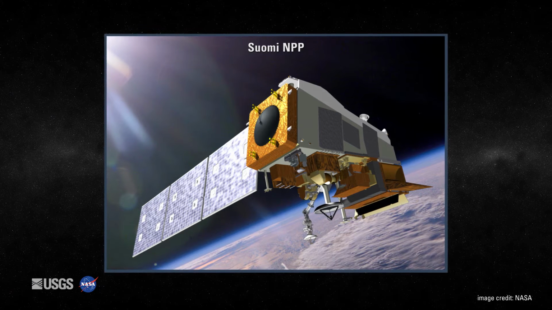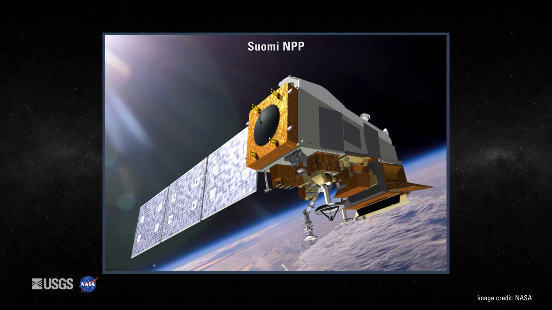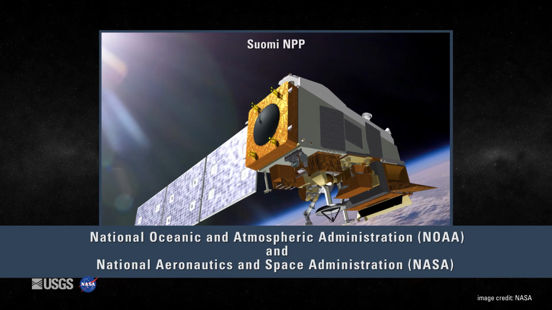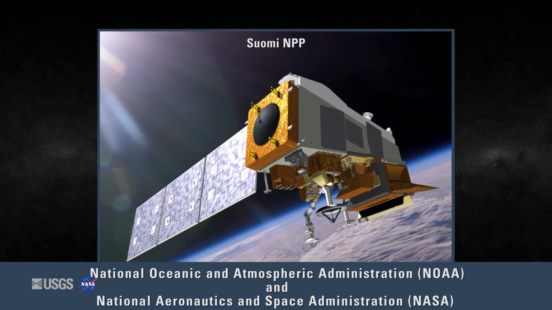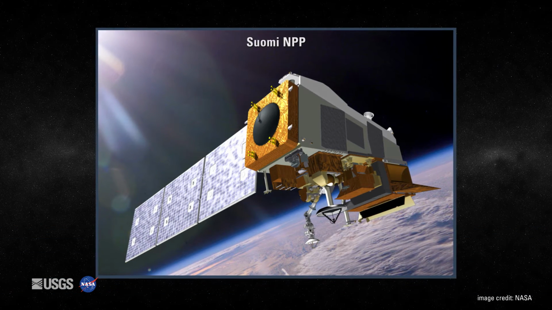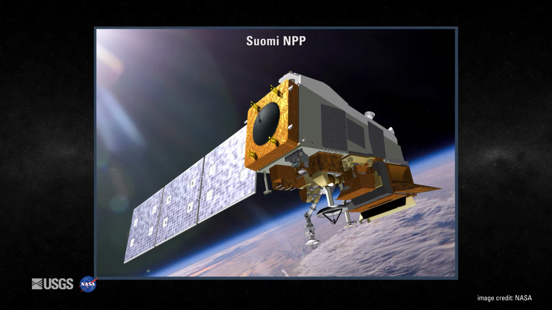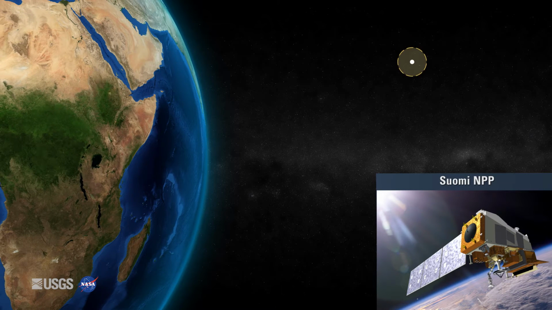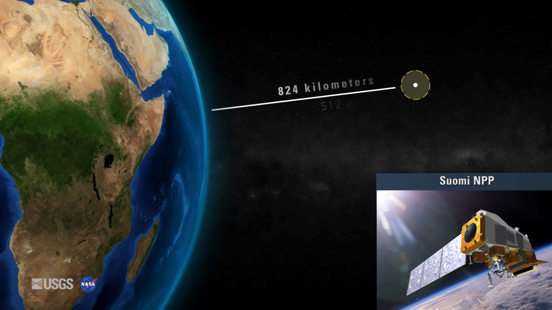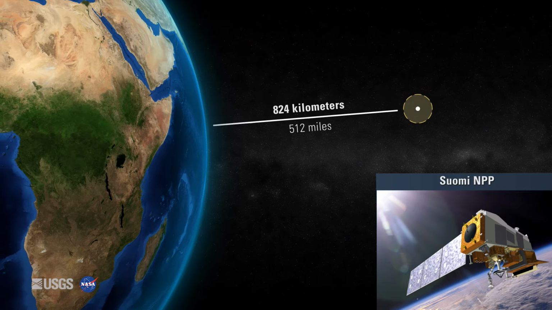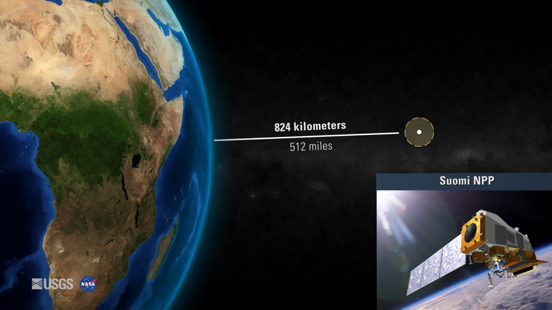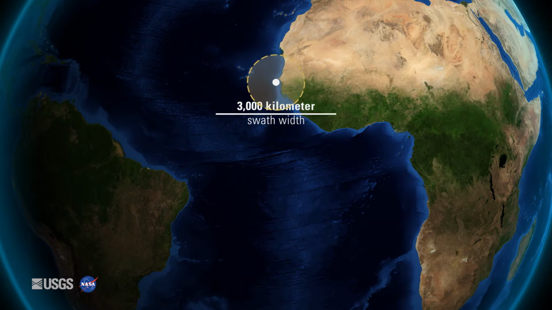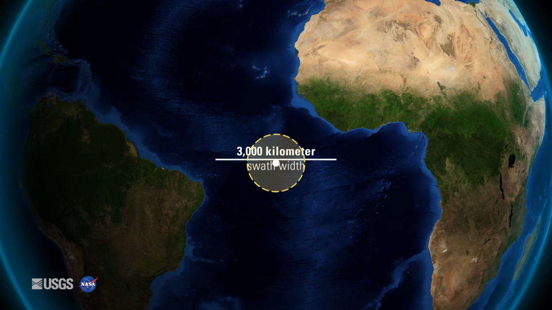The VIIRS instrument operates on the Suomi-NPP spacecraft, which is a joint mission between NOAA and NASA. The VIIRS satellite sensor provides a continuation of the Terra and Aqua Moderate Resolution Imaging Spectroradiometer, or MODIS, missions. VIIRS was launched on October 28, 2011, and orbits 824 kilometers, or 512 miles above the Earth's surface. At this elevation, the VIIRS swath width is 710 kilometers greater than MODIS's and has less gaps in coverage near